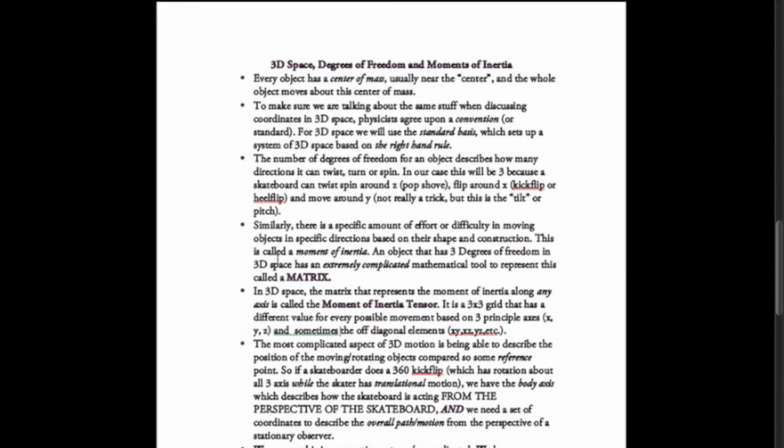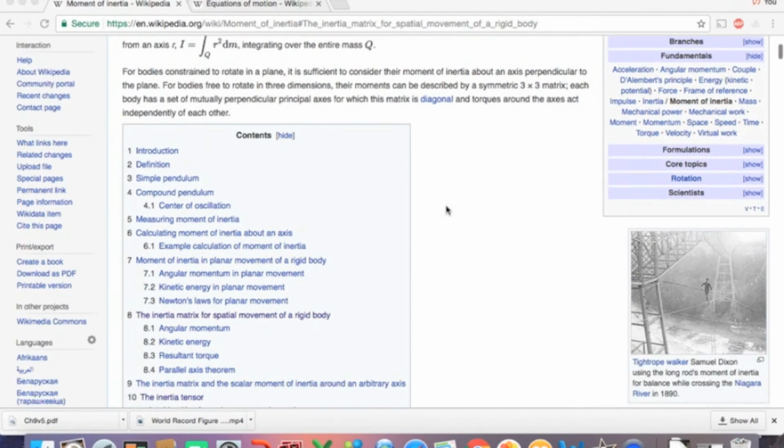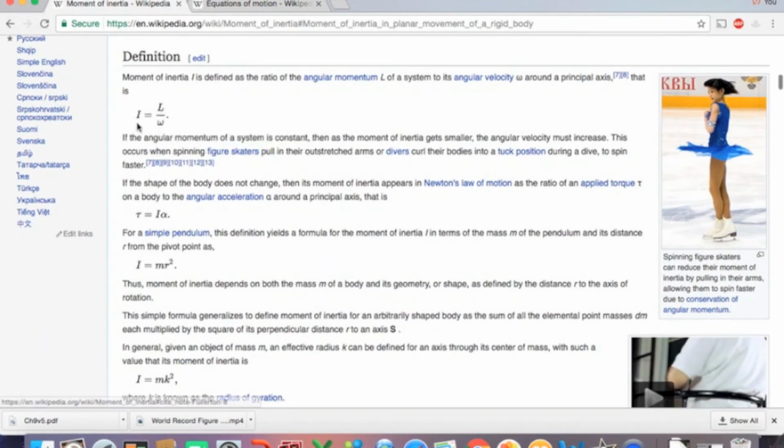So considering rotational energy, it takes a certain amount of energy to make something spin, and this is related to something called the moment of inertia. And the moment of inertia tensor, if we're talking about something that has 3 dimensions. So what's the moment of inertia? Well, the moment of inertia is basically how much angular momentum it takes to rotate something at a speed, and